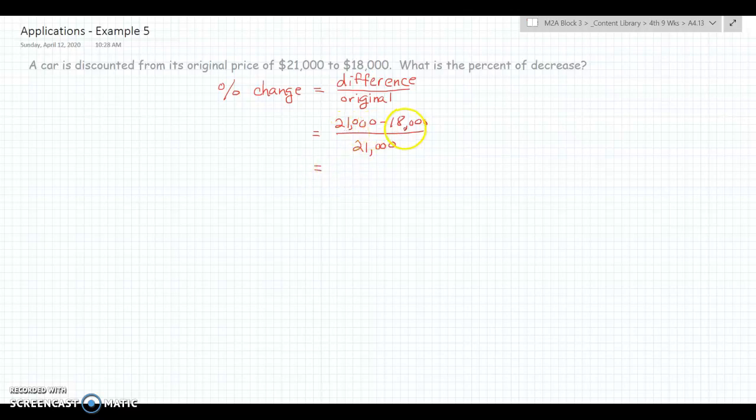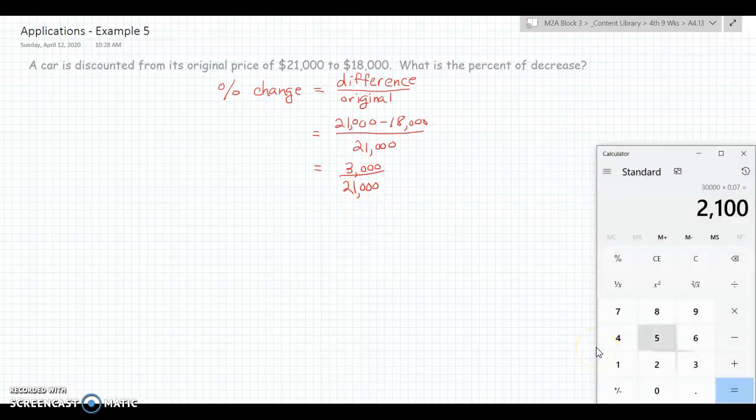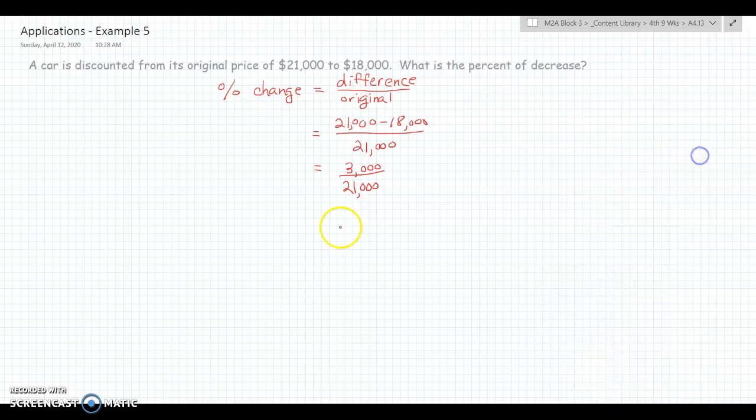So 21,000 minus 18,000 would be a difference of $3,000. And we need to divide that by the $21,000 to find that percent. So let me open my calculator, and we'll take 3,000 and divide that by 21,000. And that gives us a decimal